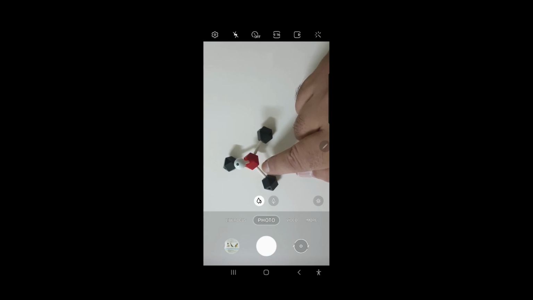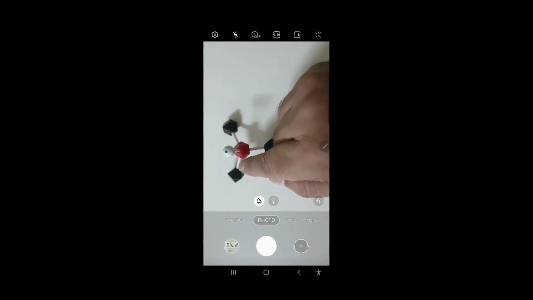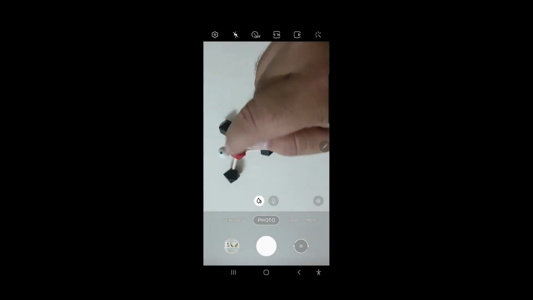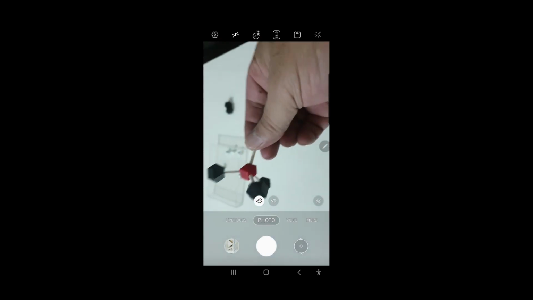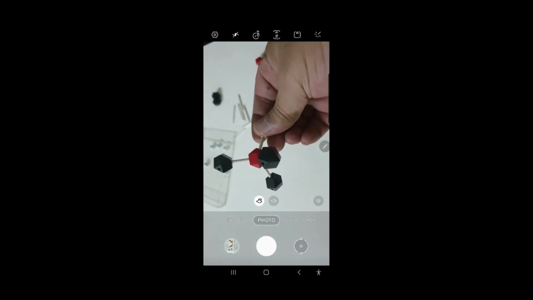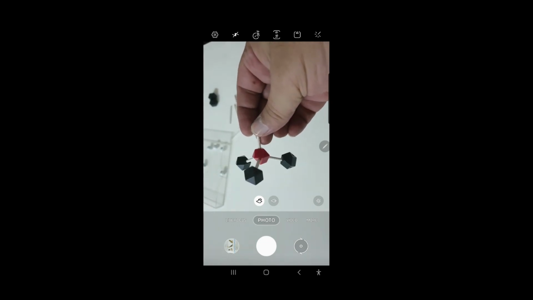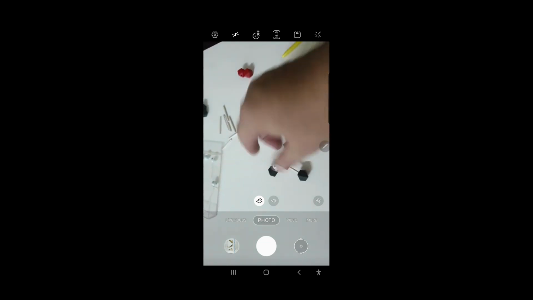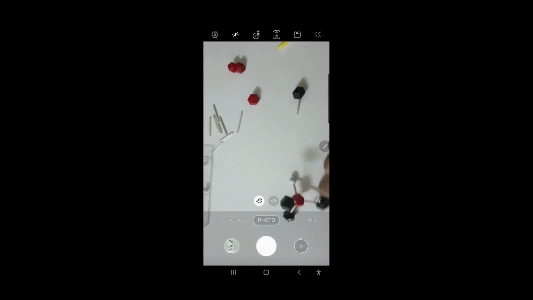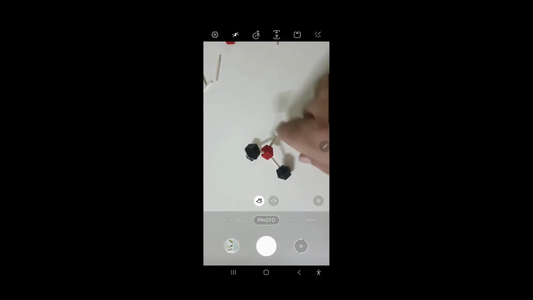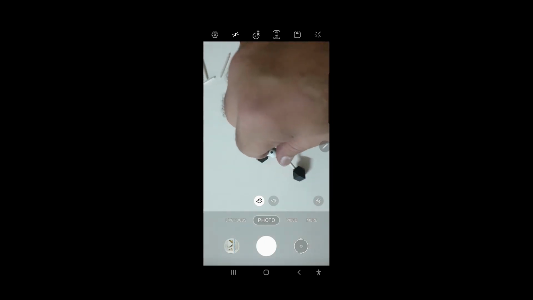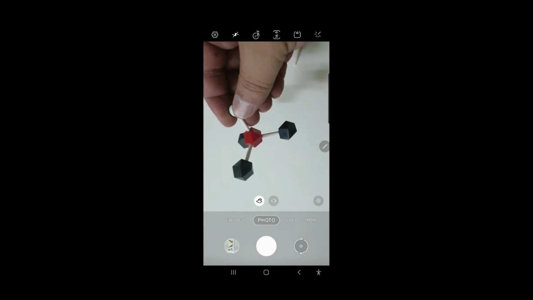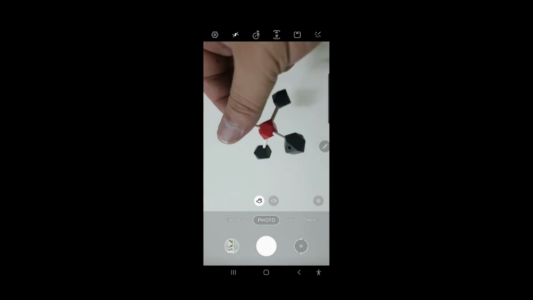Same case with this bond, and same case with this bond. Because finally we have repulsion between the electrons here and the electrons of the bond here. So we will have this shape. As you can see, it is not a tetrahedral because we don't have a bond here at this side, but also it is not a triagonal planar, but it will be triagonal pyramidal,